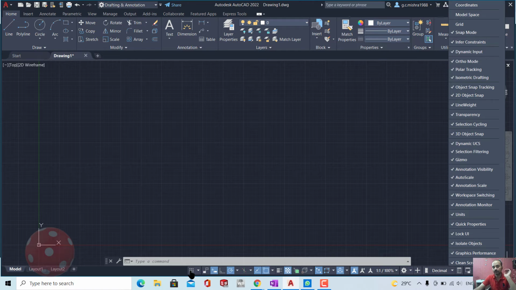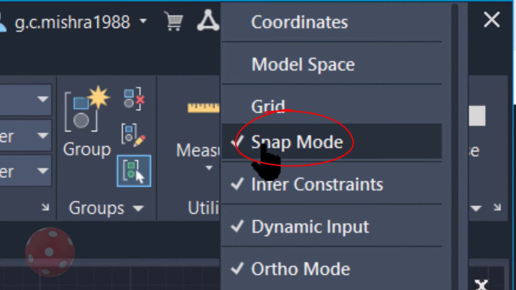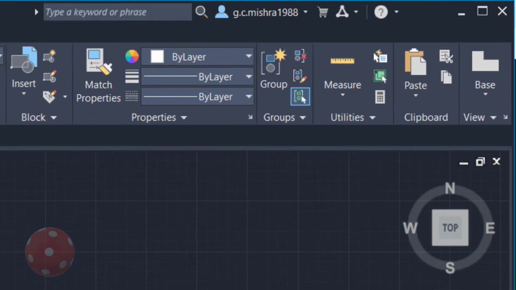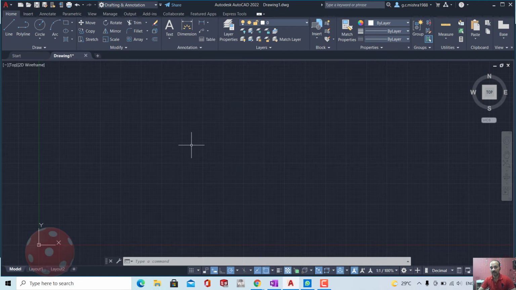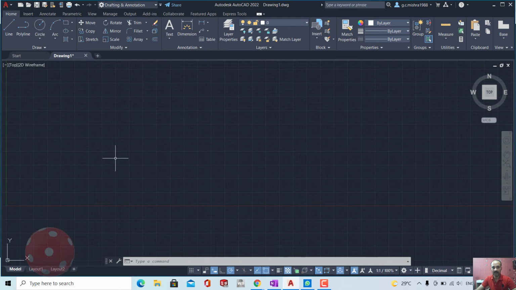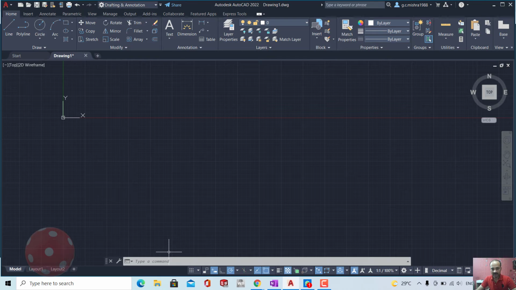So the fourth one is called snap mode. Snap mode, basically, your grid is visible. If snap mode is off, then the graph paper is appearing, but you cannot grip any point. You cannot grip any point. If I turn it on,